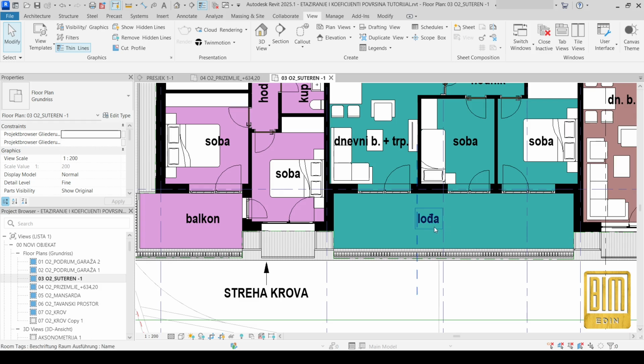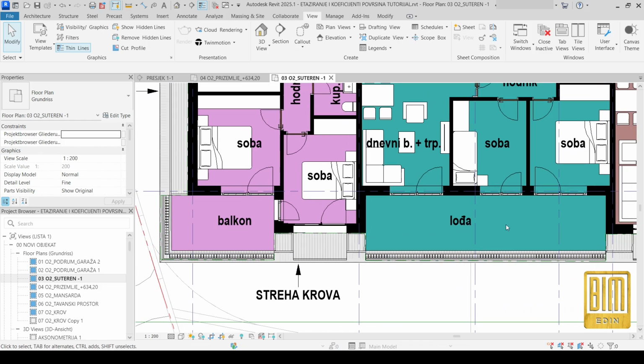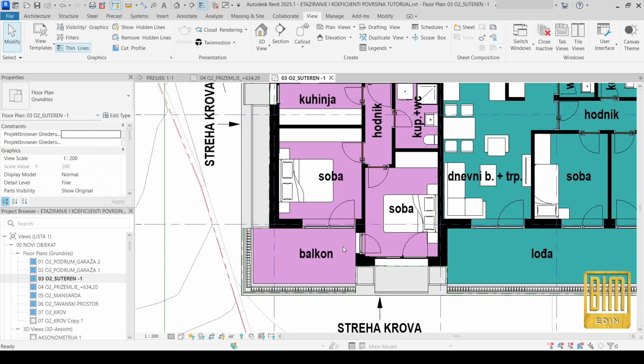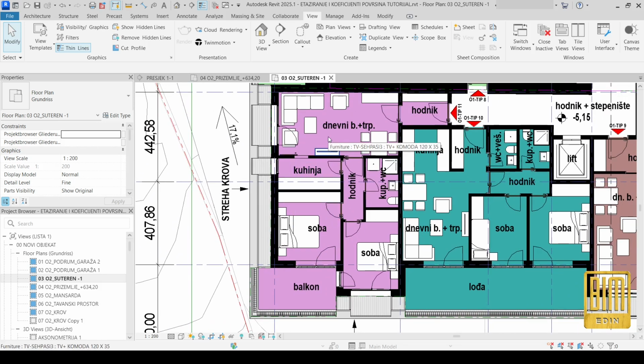When the balcony is open on one side, we calculate 75%. If the balcony is opened from 2 or 3 sides, we calculate 50%. So I will show you how to prepare that net or useful area, how to create room tags that